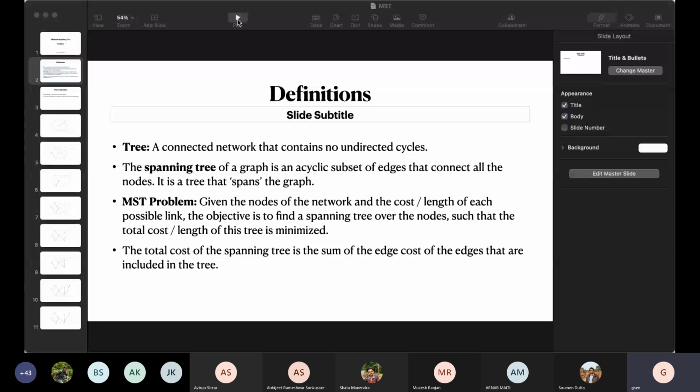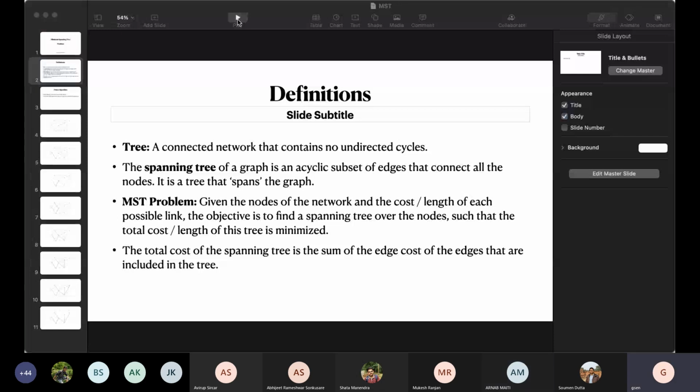Yes, so I'll be explaining Prim's algorithm. In this algorithm, we pick up one vertex as the root for the tree and grow the tree from there. Now, at each step of the algorithm, we'll pick a new vertex and add it to the tree. So how we do that, I'll explain with an example. Say this is the graph, and initially we take S as the root vertex. Only S is in the tree right now, and the rest of the vertices are not in the tree.